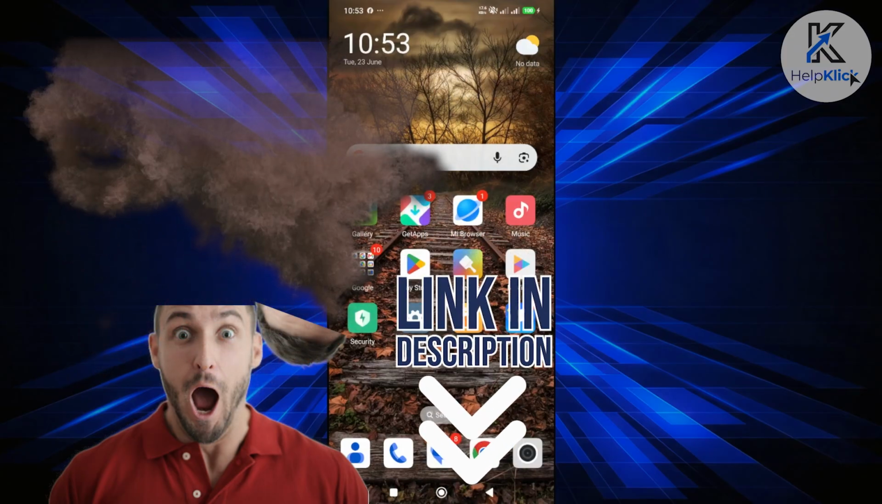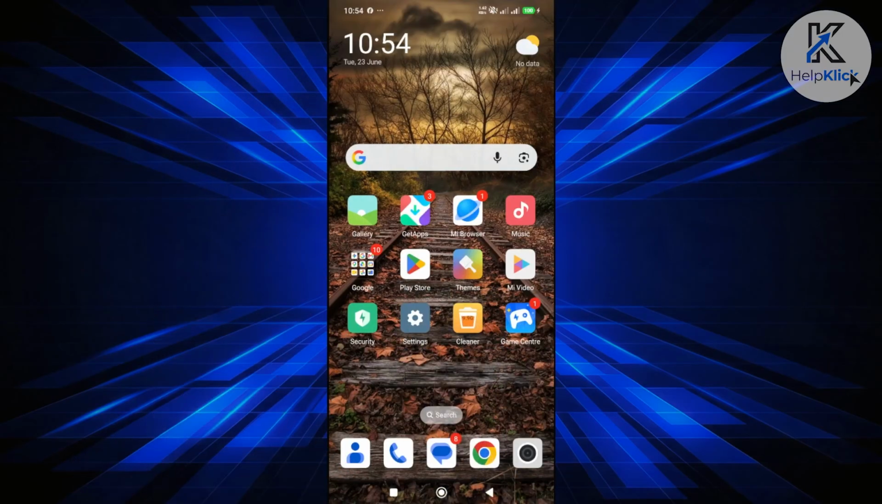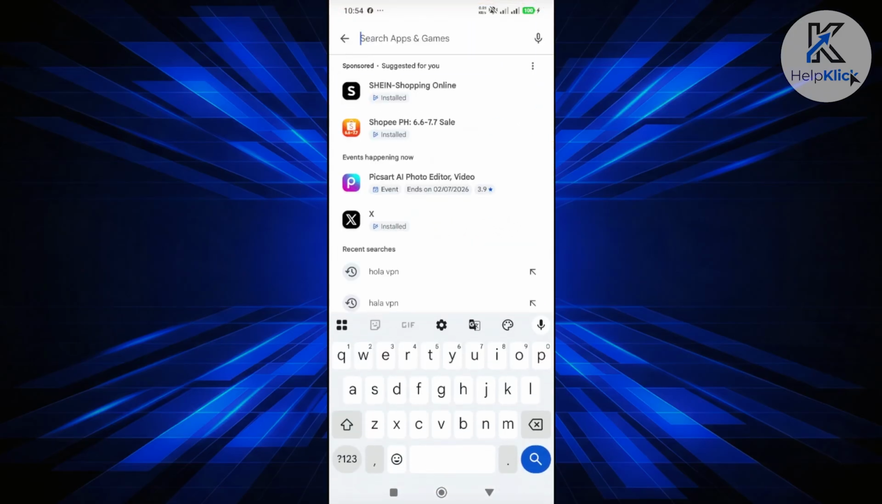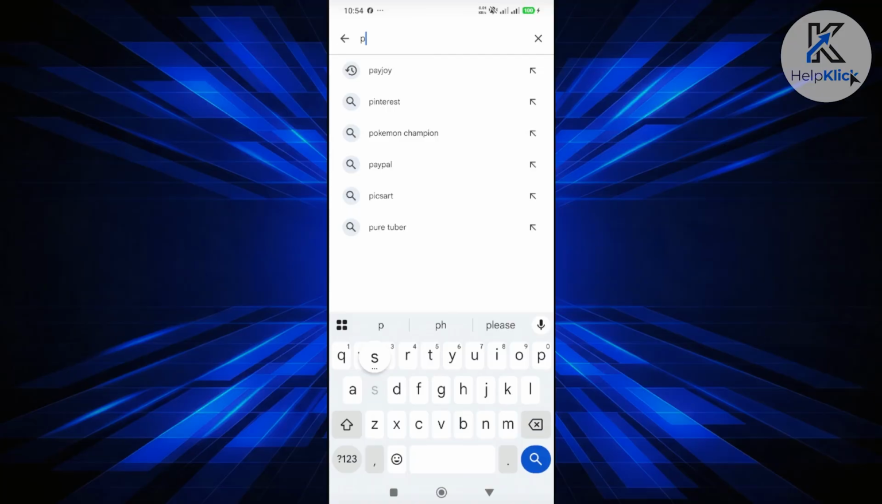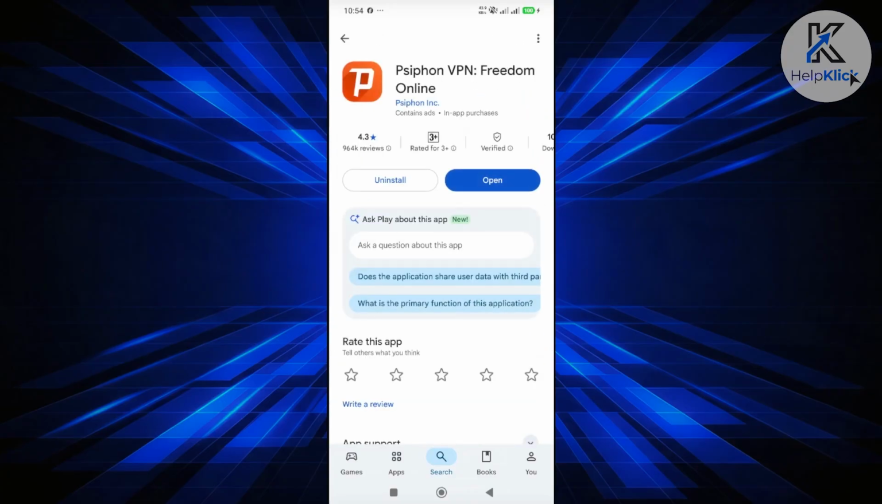So let's get started. Now, if you want to connect or start using Psiphon VPN, this one's going to be pretty easy. The first thing that you want to do is install the app. Let's open up the Google Play Store, go to your search bar at the very top, and just type in Psiphon. Once you search for Psiphon, look for Psiphon VPN, click on the install button, and let's go and